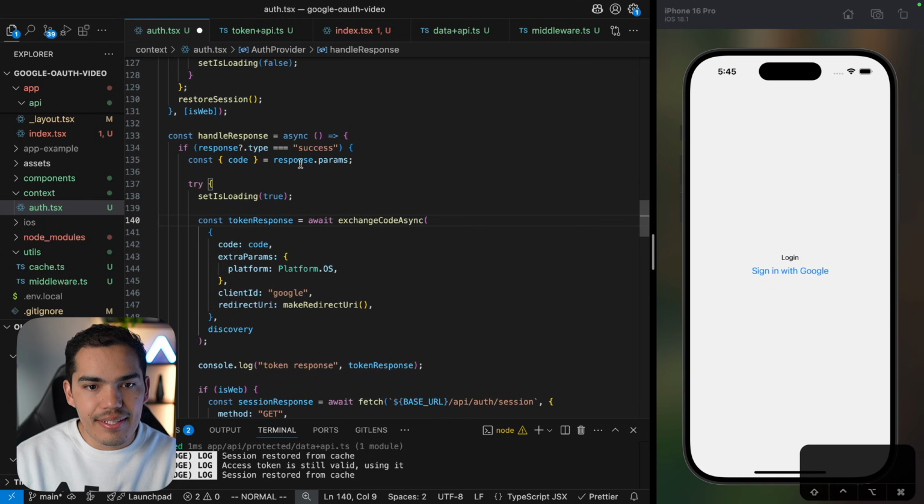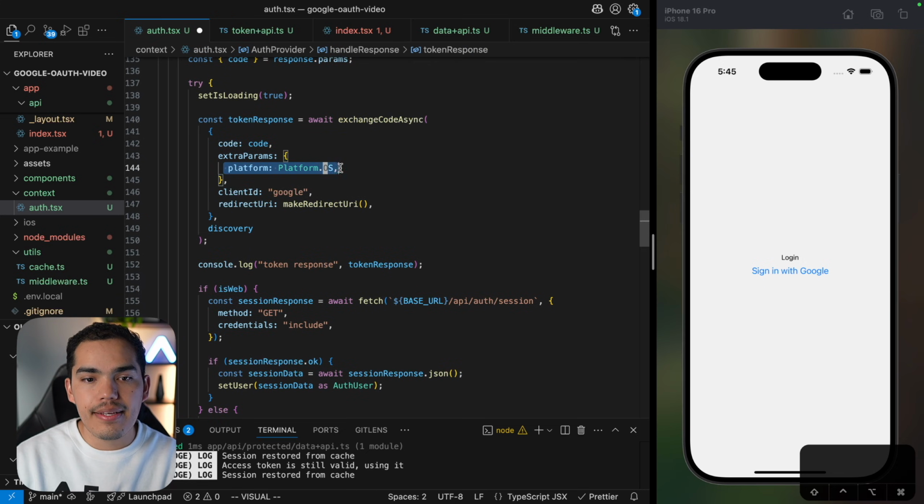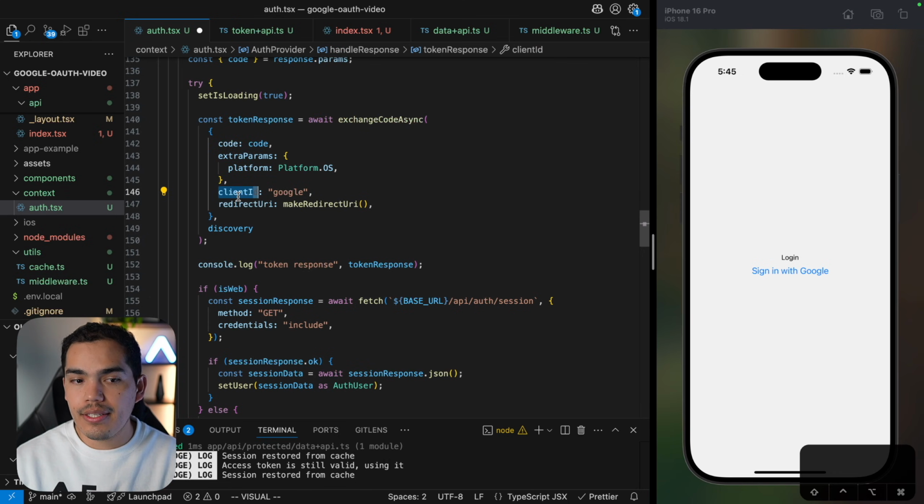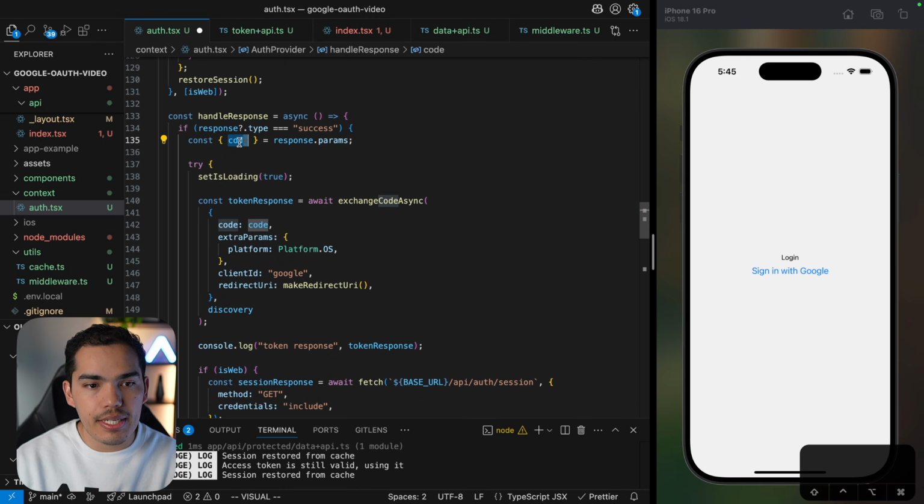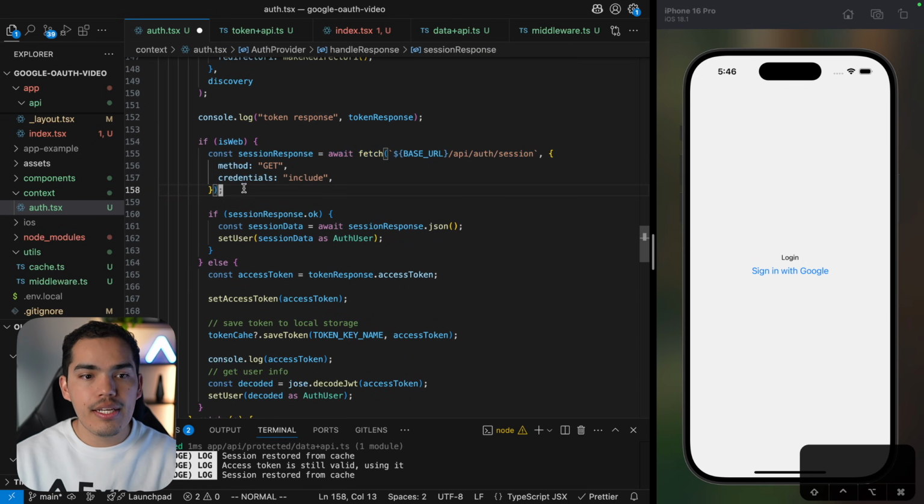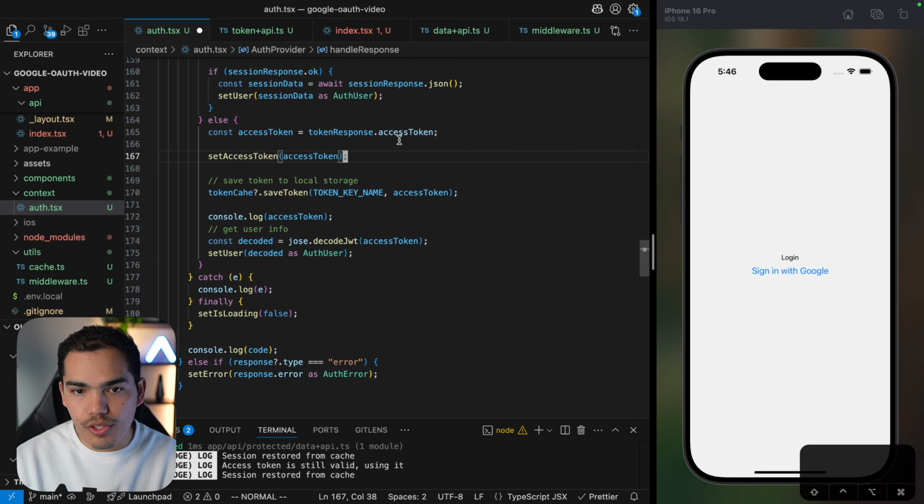So after we get the response successfully, we can start exchanging the code following this pattern. We're going to pass as well the platform on the extra parameters that we can define in here. And then the client ID remains Google, the redirect URI remains the same, and we are passing the code that we just got from the response in here. And then once we have that, I'm just putting this in the console, and then we can validate accordingly. So for web, we're going to have the session, and for native, we can access the access token like this